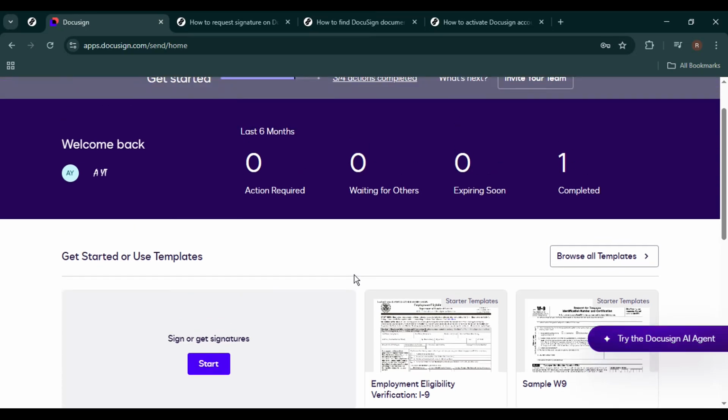In today's video, I'm going to show you exactly how to request a signature on DocuSign using a Google Docs file, step by step. If you've created a document in Google Docs and you need someone to sign it electronically, this process is simple once you know where everything is inside DocuSign. I'll walk you through creating a template, uploading your Google Doc, adding recipients, and placing signature fields so you can